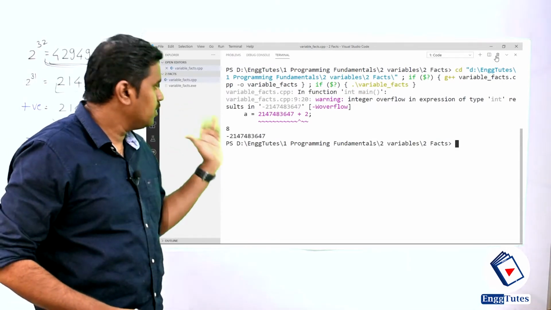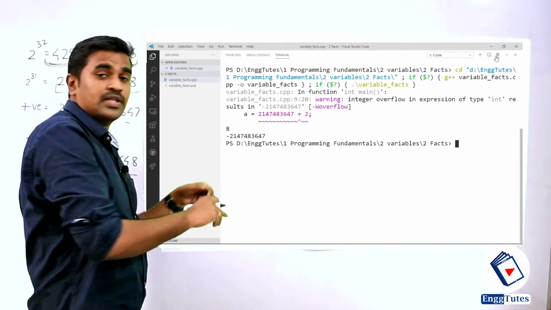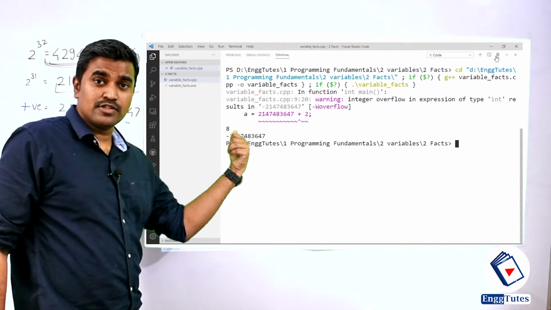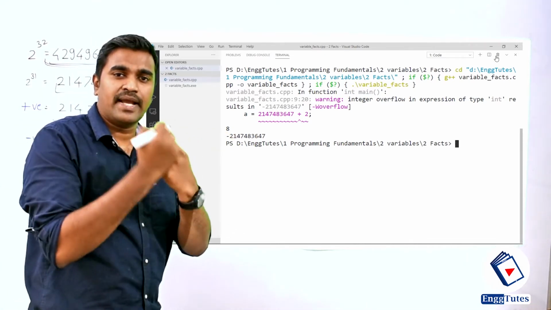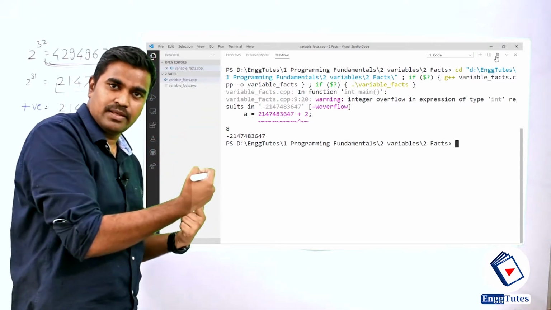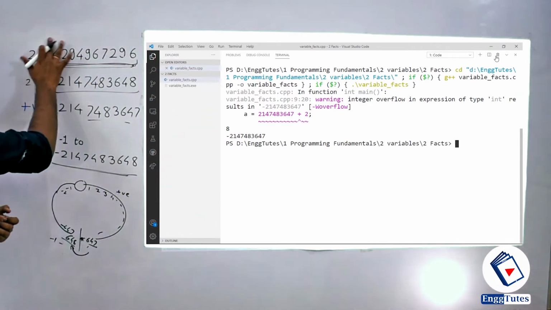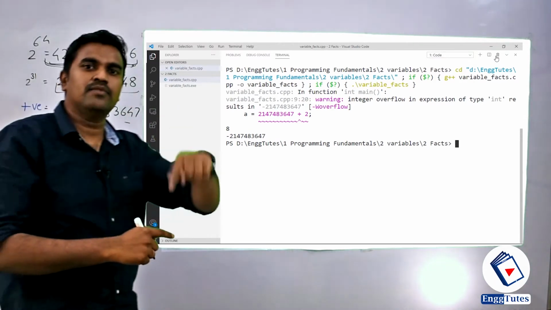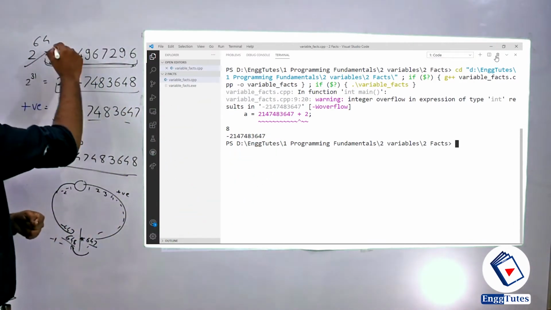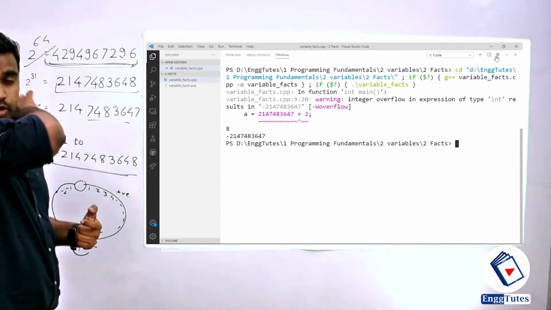So here I got how much memory the compiler allocates for variable a, that is long a, which is 8 bytes of memory. So how large a number can I store into this variable a? That is 2 to the power 64. 8 bytes of memory, 1 byte equals 8 bits, so that is 2 to the power 64, and that will be a huge number.